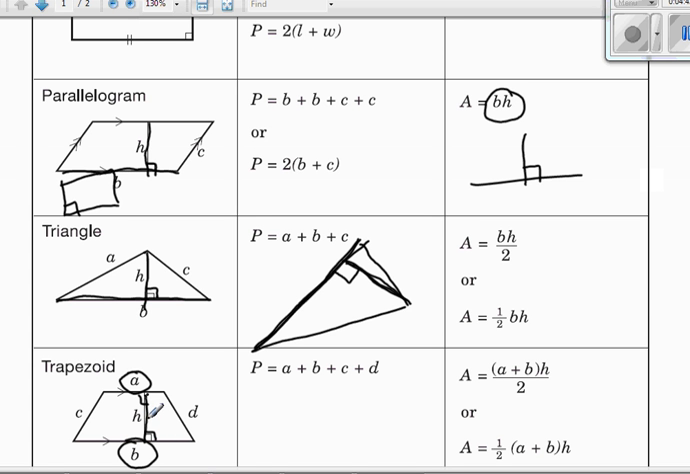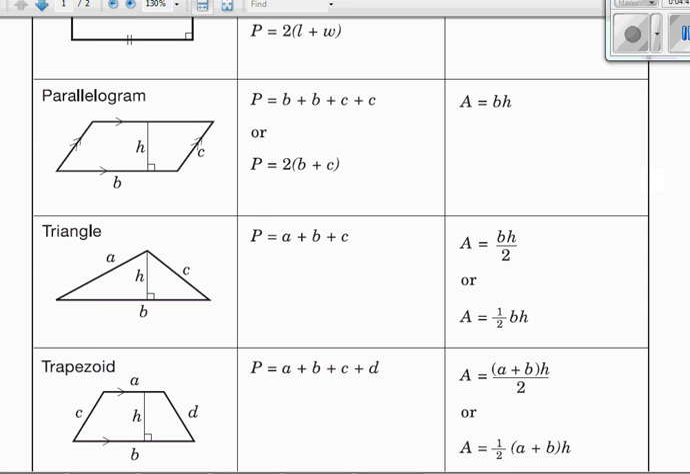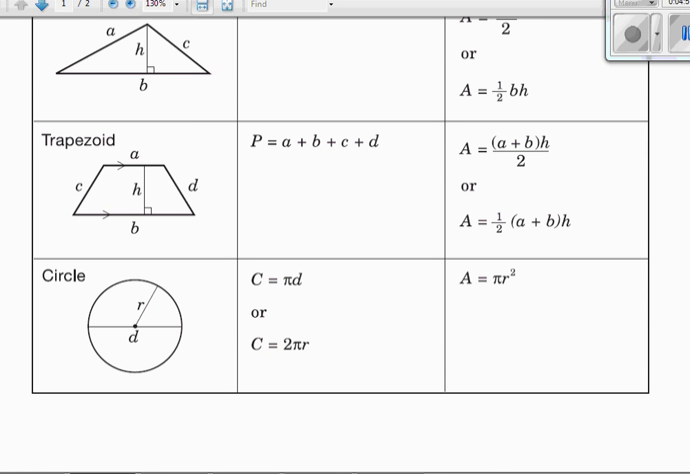Now the final shape that's on this formula sheet is the shape whose formulas are probably the ones that we actually need this sheet for, and that's a circle. And of course, a circle is always that shape with